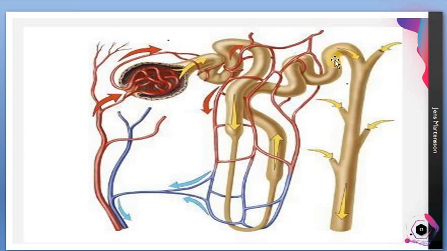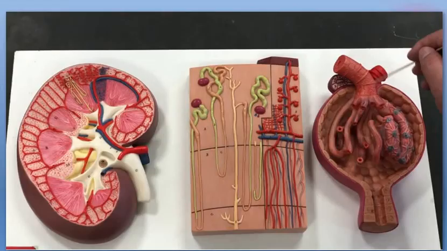So this is DCT. After DCT we can call that urine. So urine enters into the collecting duct. This collecting duct will open into the calyces. The calyces will open up into the pelvis, and through the pelvis the ureter, and this ureter opens up in the bladder. Okay, so this is how urine is being added there, drop by drop.